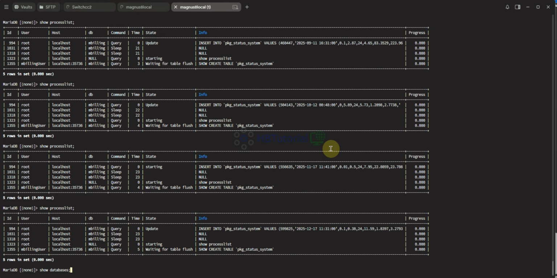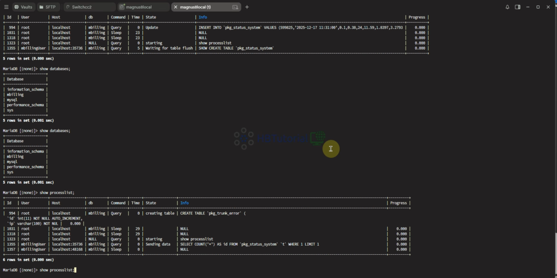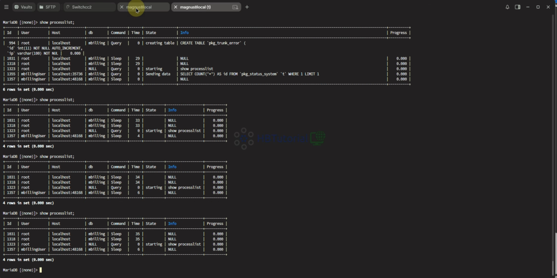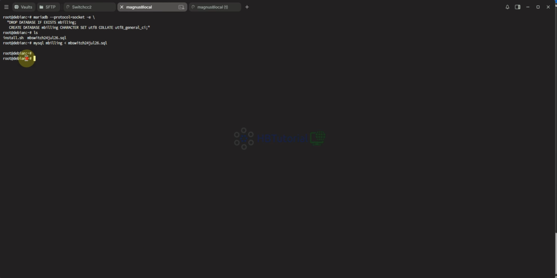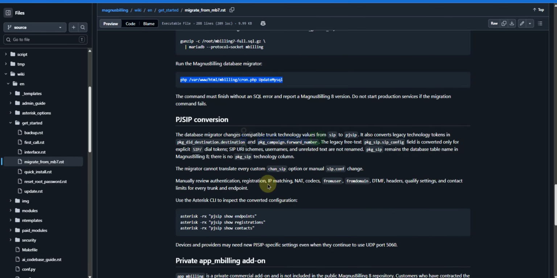But as you can see, it's inserting and updating. Create table package trunk. Okay, let's see. As you can see, it was successful. Then go back here. You need to run this one.